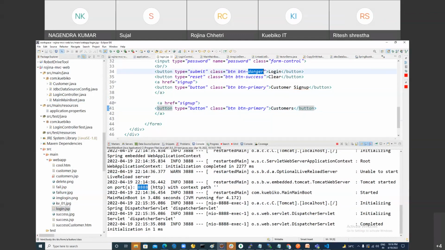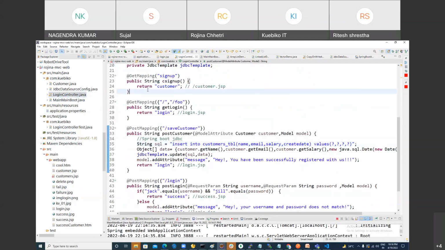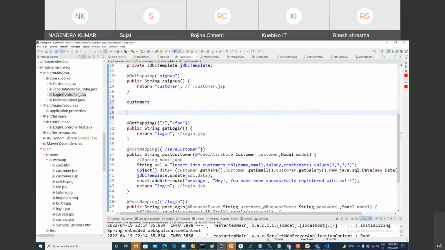And you can change the color of it. You can make it warning, just to give a different color to it. And here you can write signups, or you can write customers. So when you hit the URL pattern, customers, in href it is GET by default. You can map it over here. What I'm mapping is: when somebody clicks on this customers link,